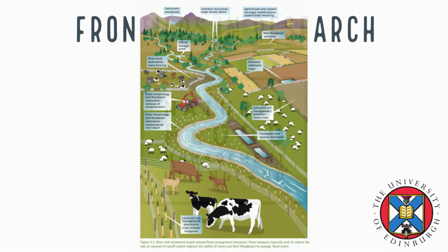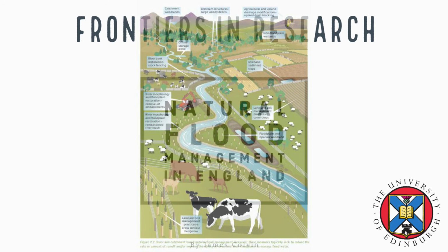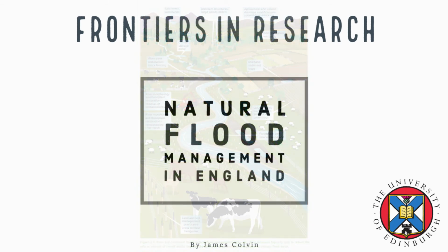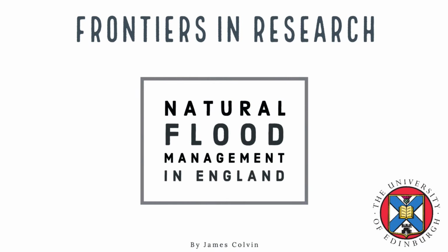Desynchronizing peak flows from tributaries. Slowing down tributaries that feed into the main river stream can significantly reduce flood peaks. When you've got a rainfall that accumulates in the catchment area and feeds to different tributaries that then feed into the main river body, it's important to try and break up peak flow. By segregating tributaries or slowing them down, there will be a reduced chance that there's one big event that can